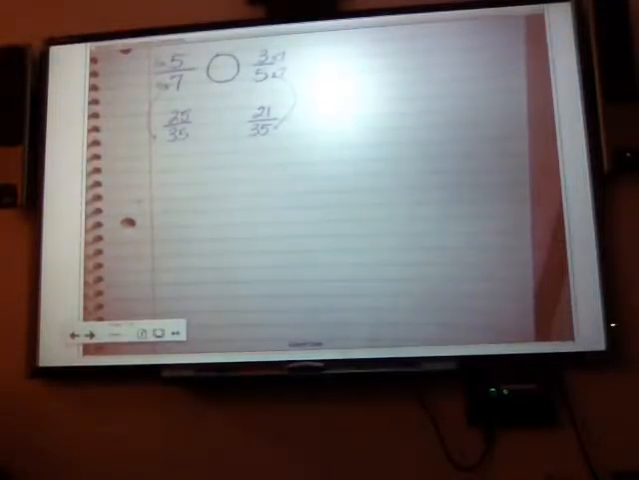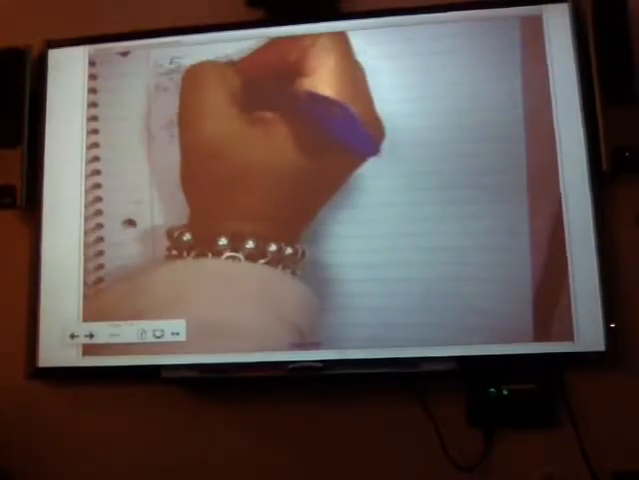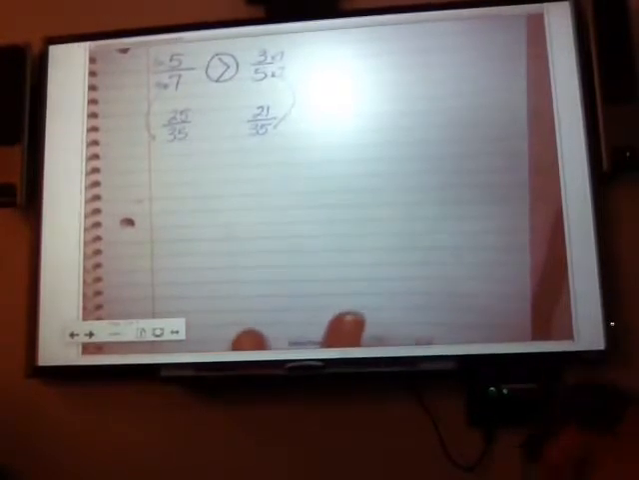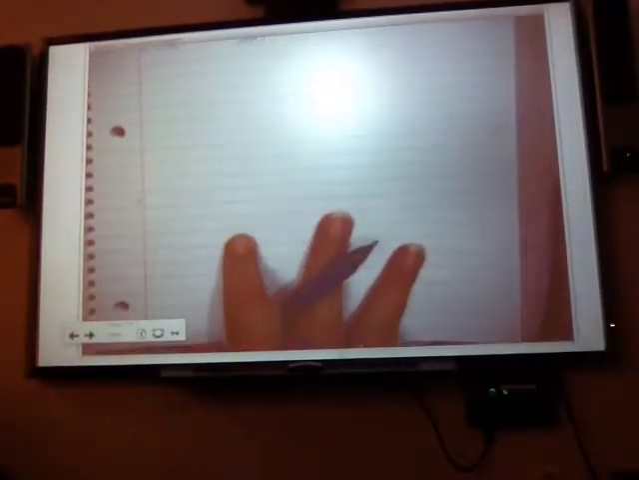What is larger, 25 35ths or 21 35ths? You mean 25 over 35 or 21 over 35? 25 over 35. So therefore, 5/7 is larger. We're going to talk about what you just said, okay? All right, so